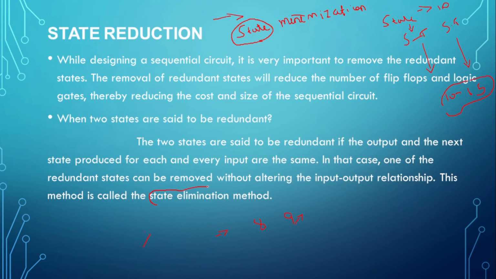How will you reduce the states from 10 to 5 with the help of the state elimination method? In the state table itself, you will find the same similar values. If it has the same similar values, you will cancel one of the values and the state is reduced from